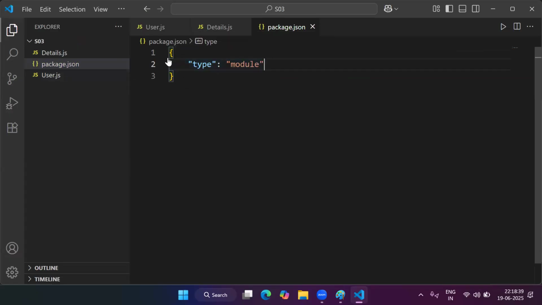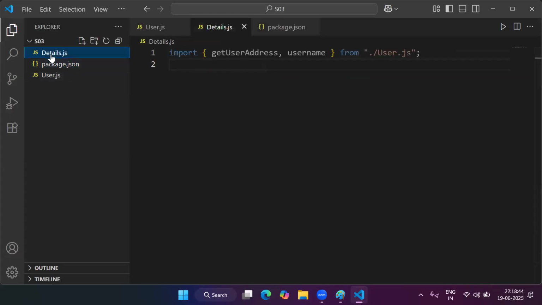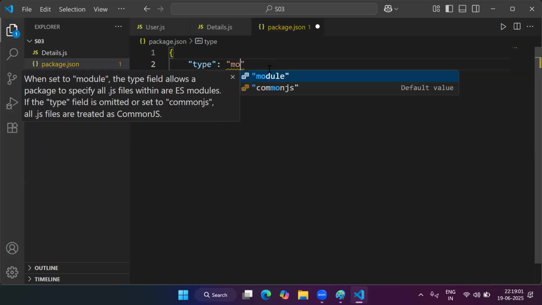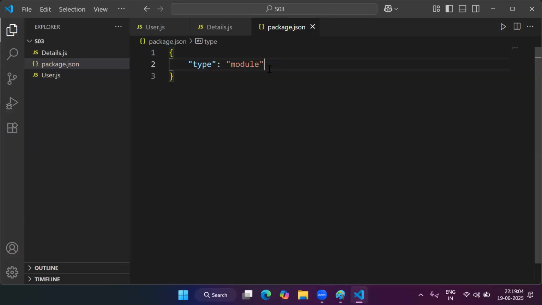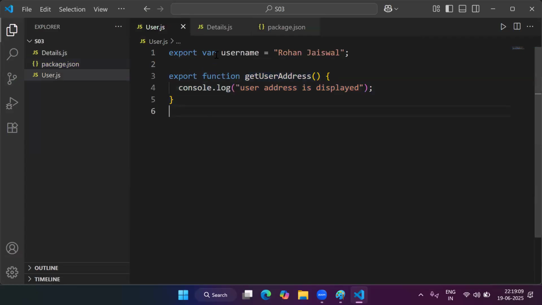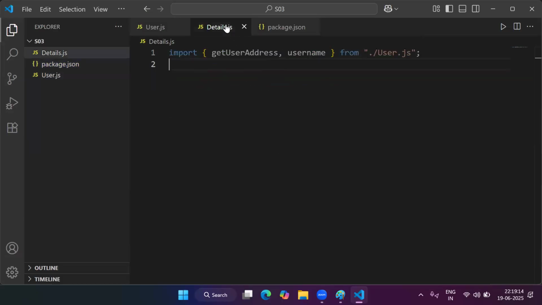So this configuration indicates that we are using the ES6 module pattern. If you want to use the CommonJS module pattern, here you simply have to add commonjs. So it enables the CommonJS module pattern. If you want to enable the ES6 module pattern, we have to add just module here. Now you can export your variables, functions, classes, objects, arrays, anything from your file, and you can import all those